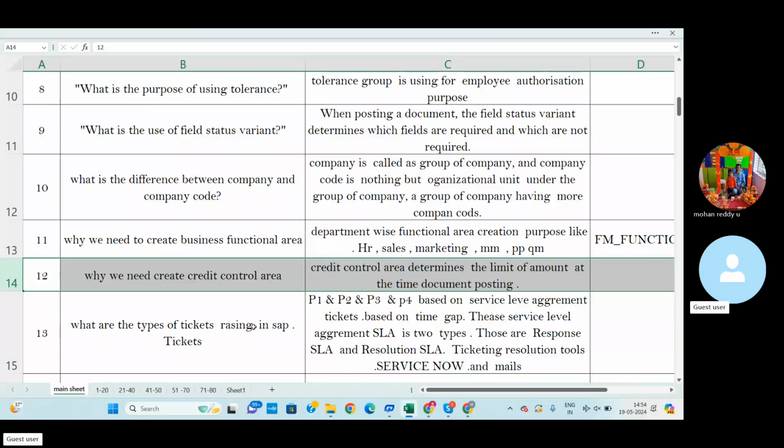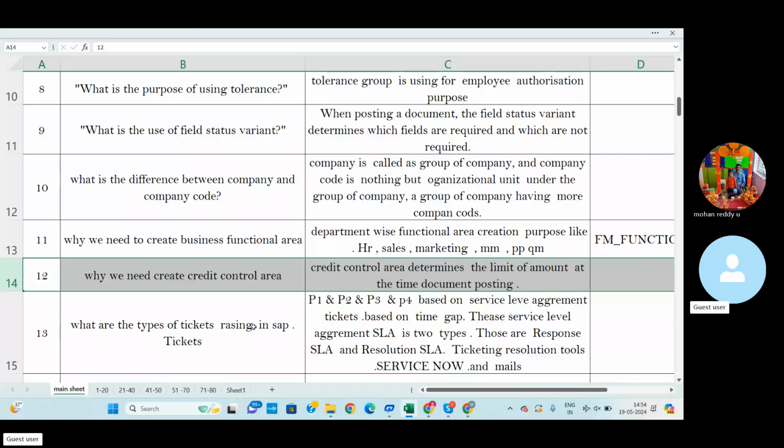And one more employee joined newly. Based on his less experience, he has only a 5 to 10 lakh credit limit for posting the entries. So there is some difference. The new employee has 5 to 10 lakhs and the old employee has 30 lakhs.